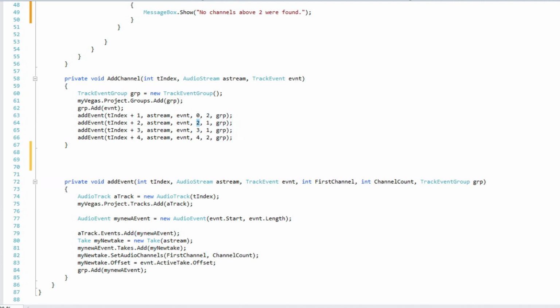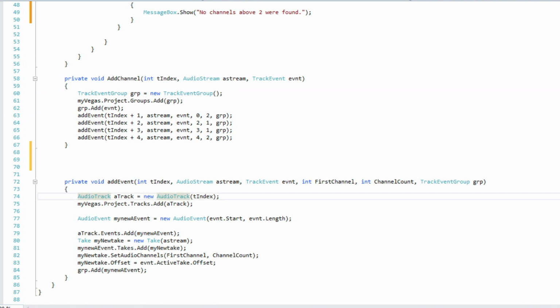Then we're going to start with channel 2 and use 1 channel. Then we're going to start with channel 3 and use 1 channel. Then we're going to start with channel 4 and use 2 channels. So what we are getting is, this is our first stereo channel, which used 1 and 2. This is channel 3, channel 4, and then this will be channels 5 and 6,